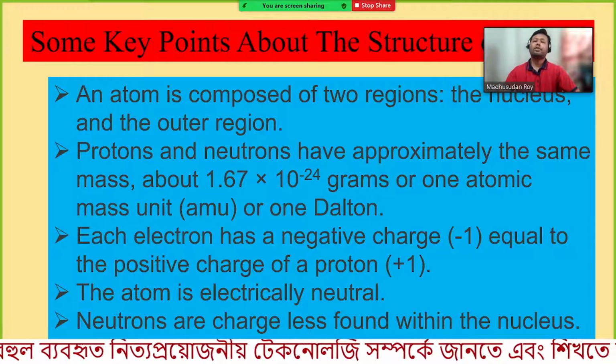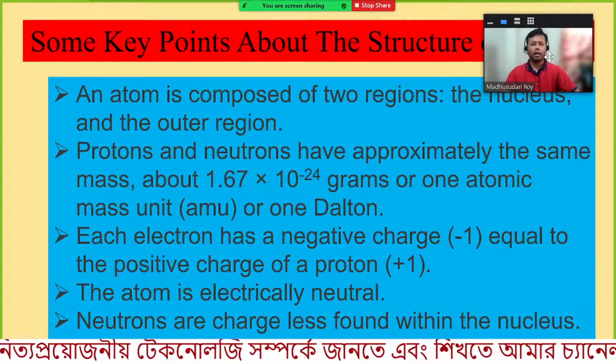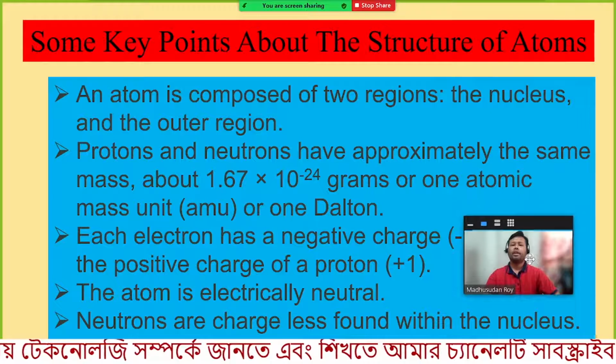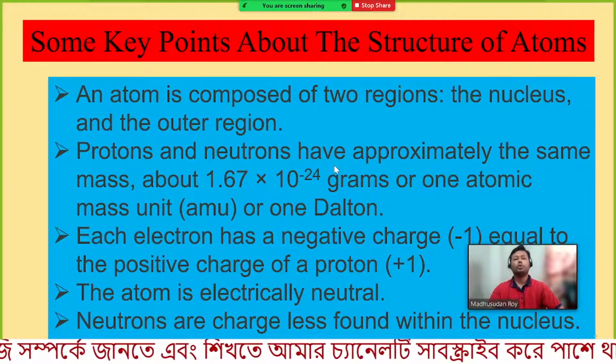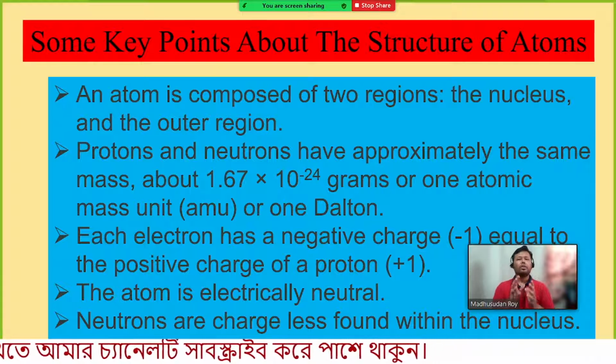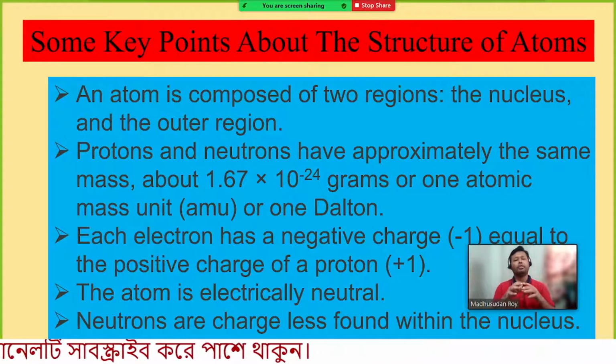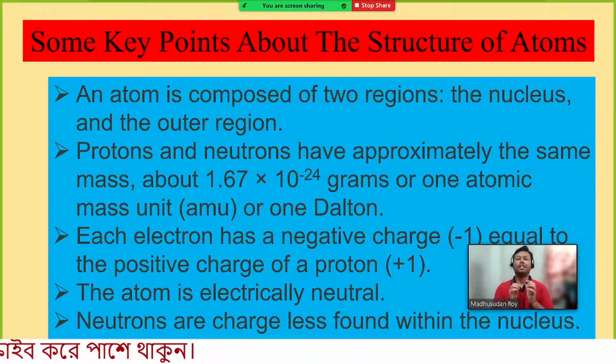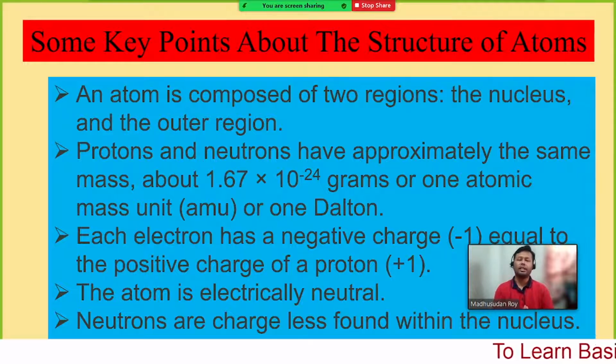Let's start with some key points about the structure of atoms. An atom is composed of two regions. We can classify the atom into a central region and an outside region. The central region consists of the nucleus, and the nucleus is made of neutrons and protons, and in the outer region